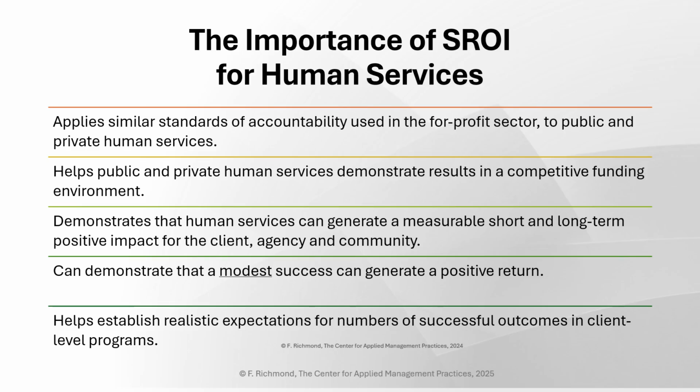All right, so what we're talking about is sort of bringing this together here. We're really talking the language of the for-profit world. It's an equalizer. You have board members who run the business community. This is where United Way is business, right? They're all business people who donate money. So you talk this way a little bit with human services. It can help in competition for funding with other agencies. You have positive impact for the client. And here's the bottom line.